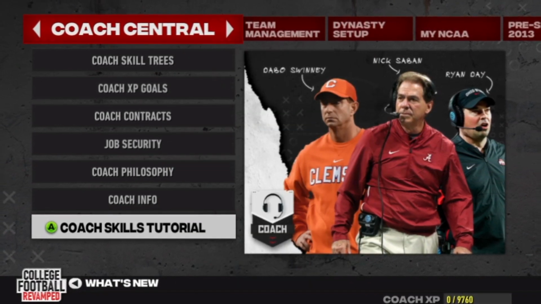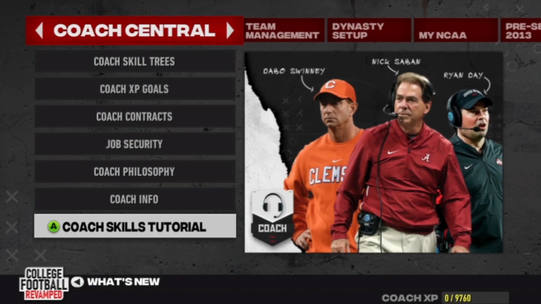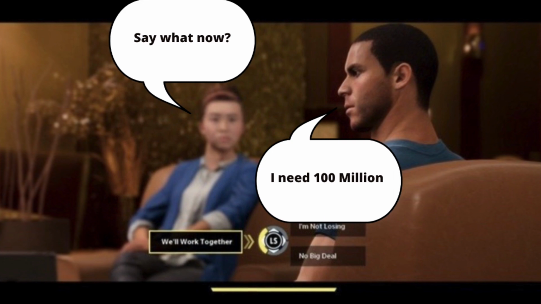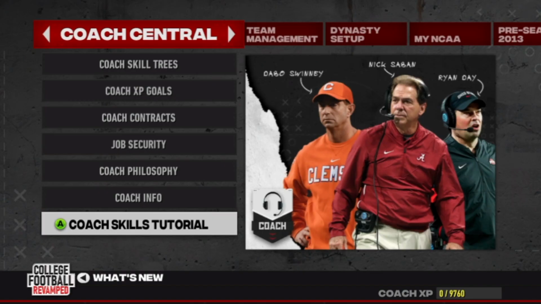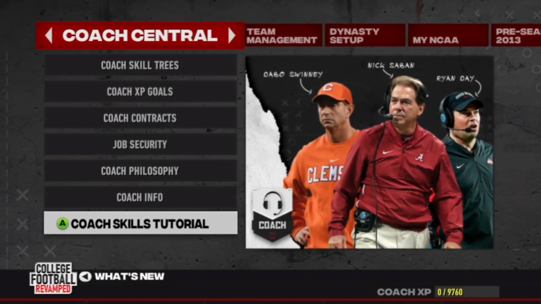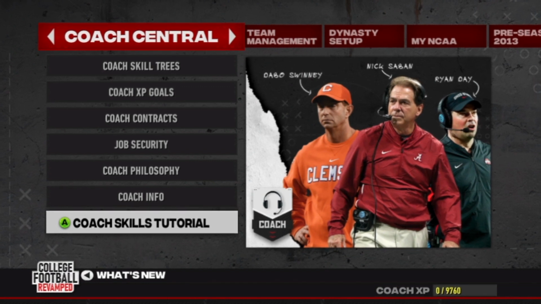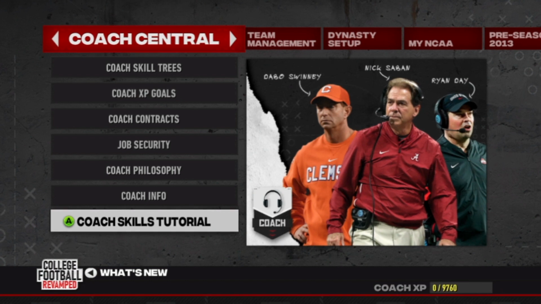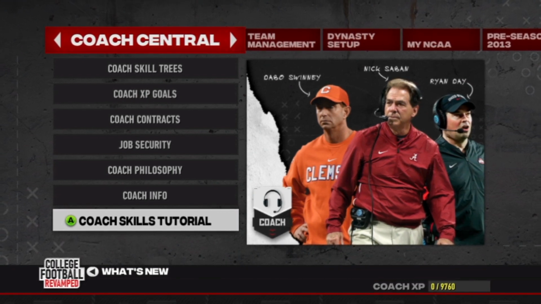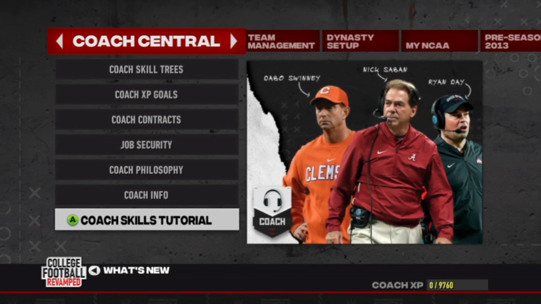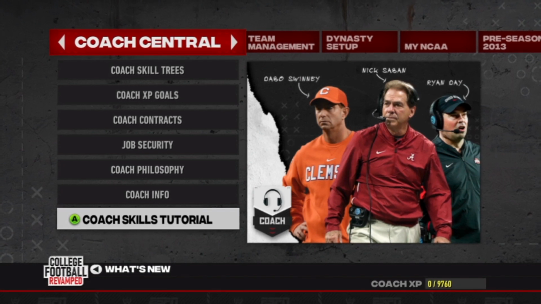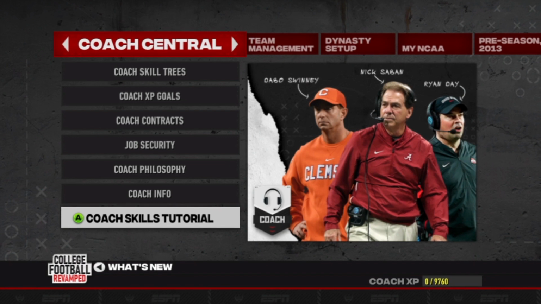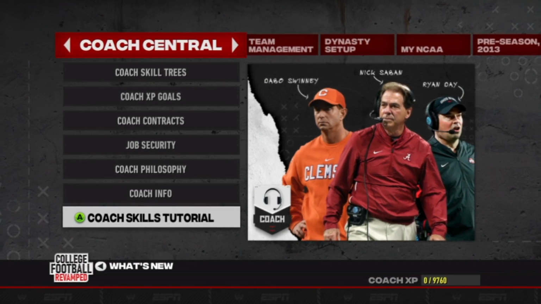It would be cool to have some type of mechanic to conduct interviews. In these interviews, you could discuss salary expectations, buyouts, and ultimately, how will this coach fit in your program? As an example, if you're looking to replace Nick Saban, who has already proven that the pro-style offense can win championships at the college level, so maybe you want to bring in a coach with those same traits. Or maybe you want to go in a different direction. I mean, who knows? The choice will be up to you as the AD to make this decision.